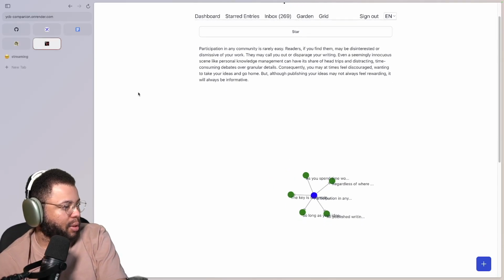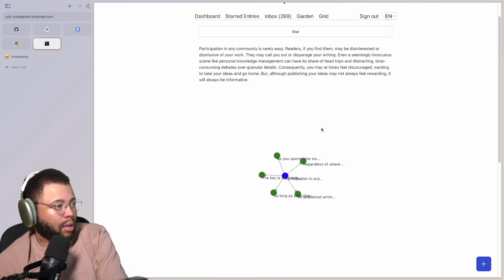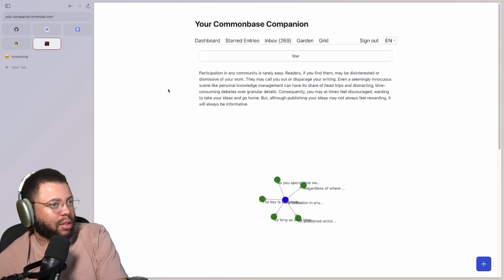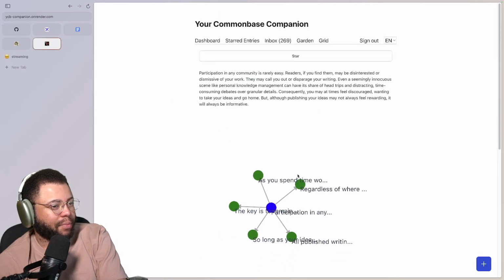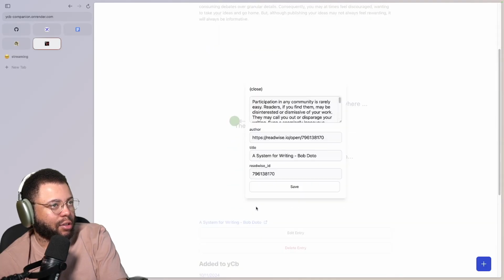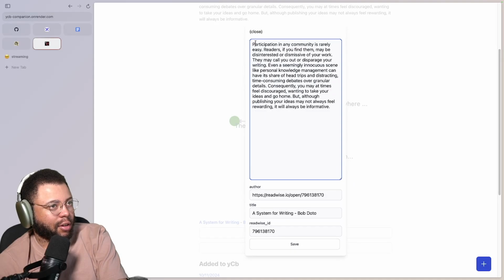I'll probably stop at like 3:45, 3:50. So about 5 to 10 more minutes. Sometimes if I don't have a comment at the top of my head, I like to just use the links as underlines. So basically I'll read this and I'll say, okay, so participation, readers are often dismissive of your work,